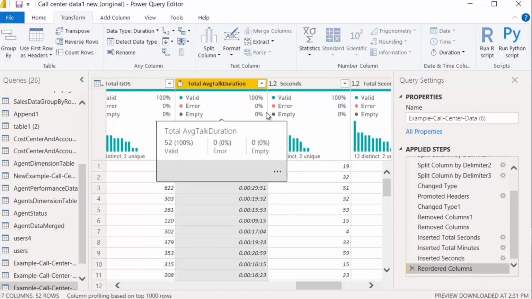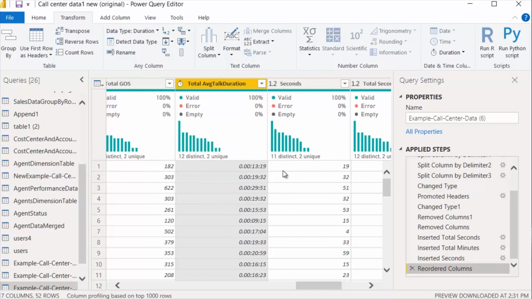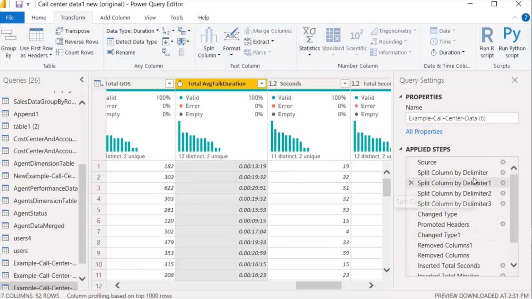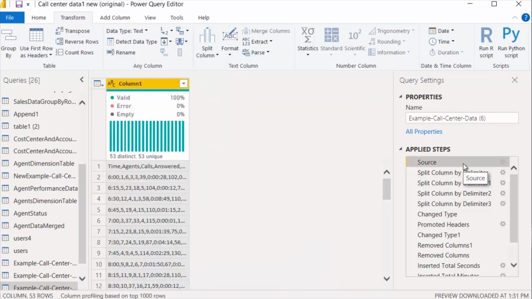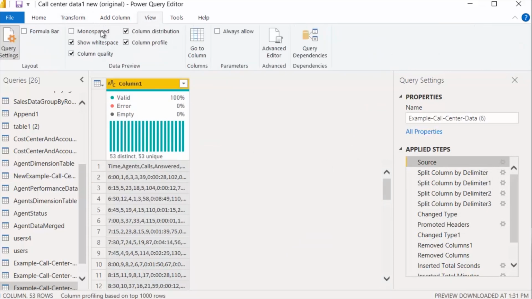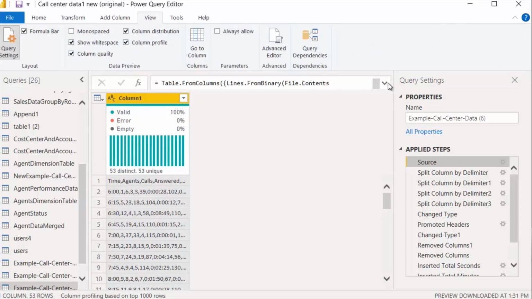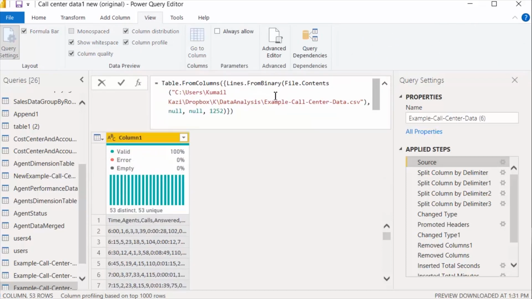Now let's review the steps that we performed. In Power Query, all the steps are listed, and we can also see the M code part of it. You can just select the step, and from the top of where the data is displayed, it shows the code. You can also see the code from data source settings. Here you can see where the data is loaded from,